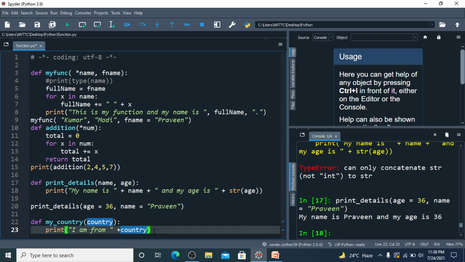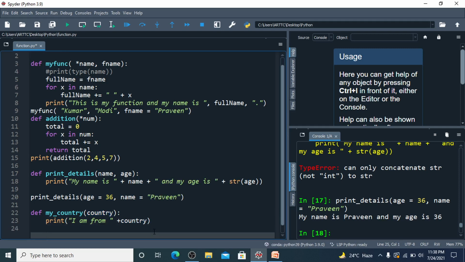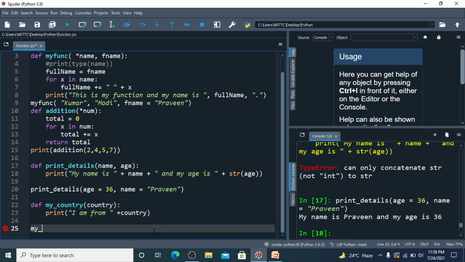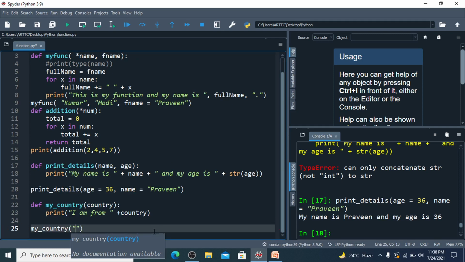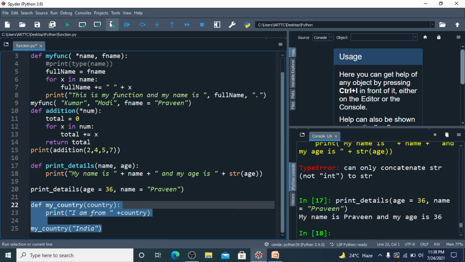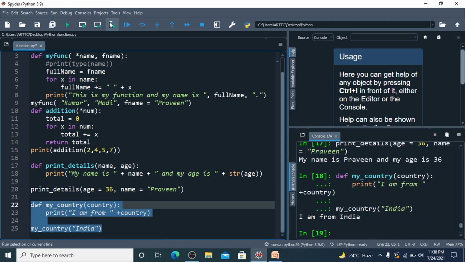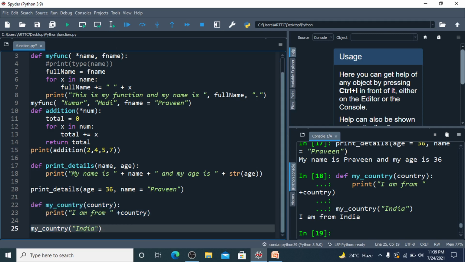That's it. So if I want to print my country, we need to pass the value India. I am from India. And what if I don't want to pass the value India for my country, unless I belong from another country, I won't pass any value.